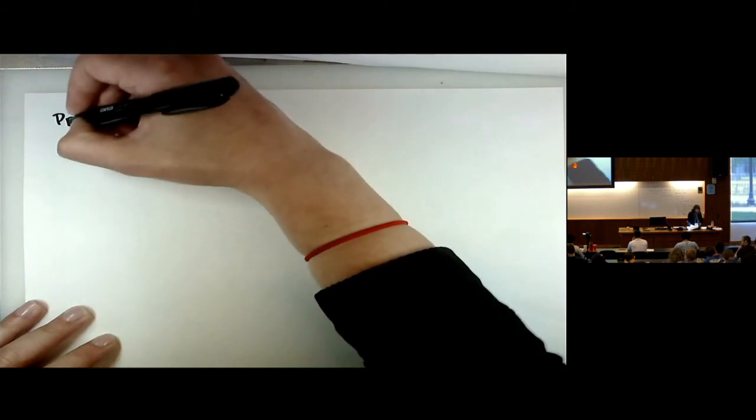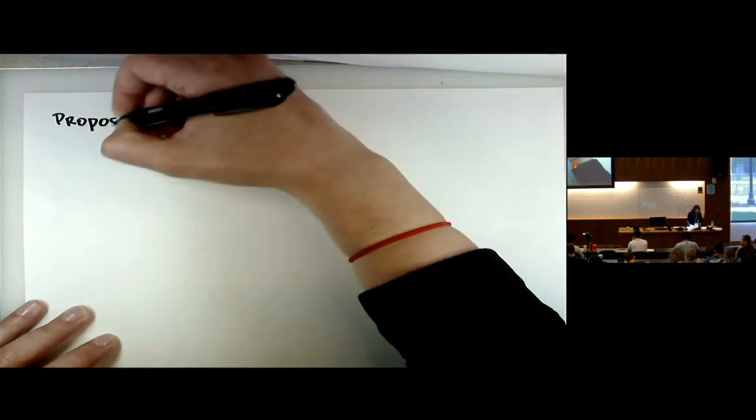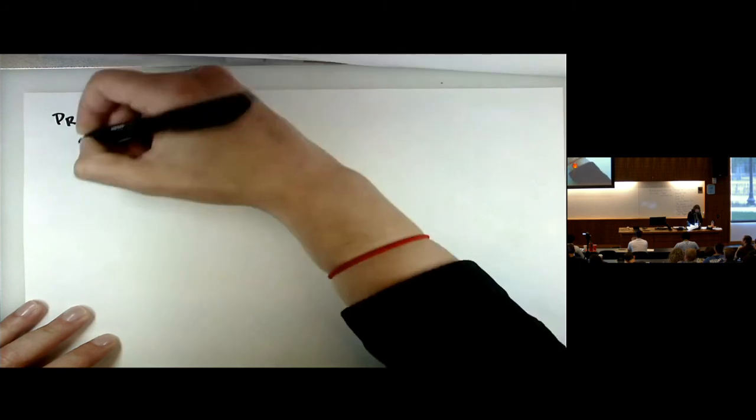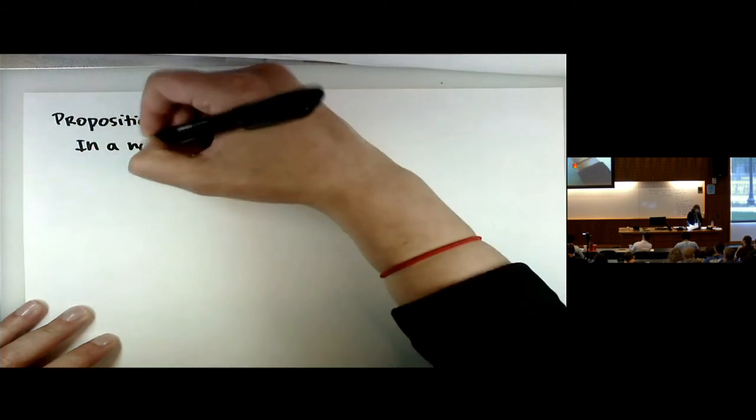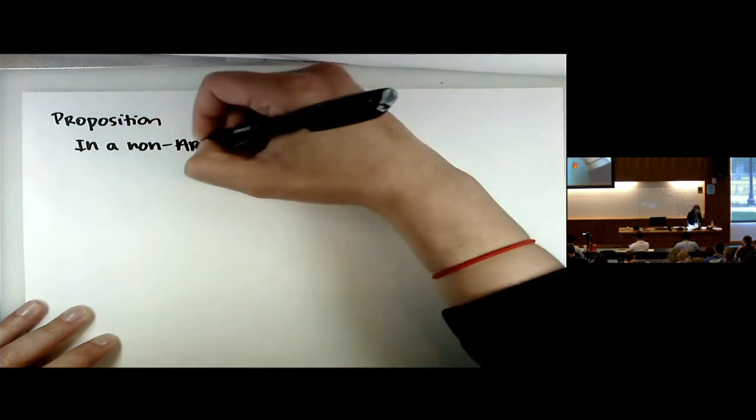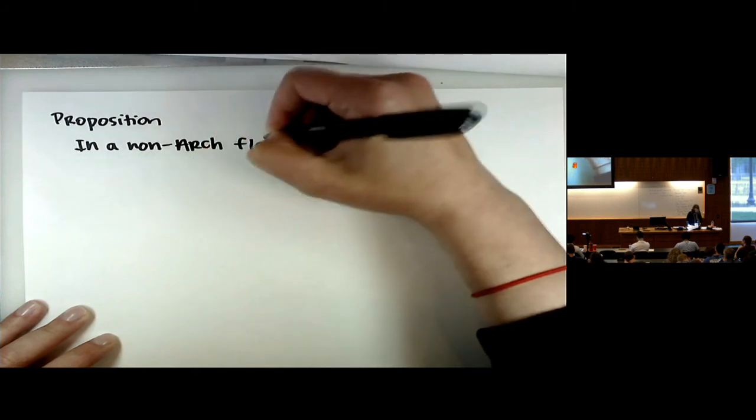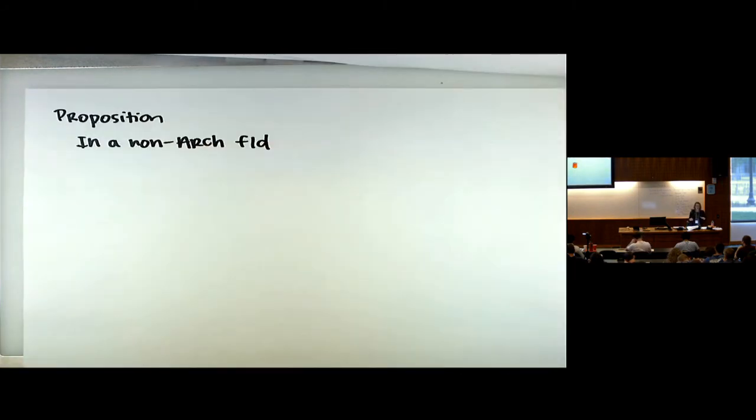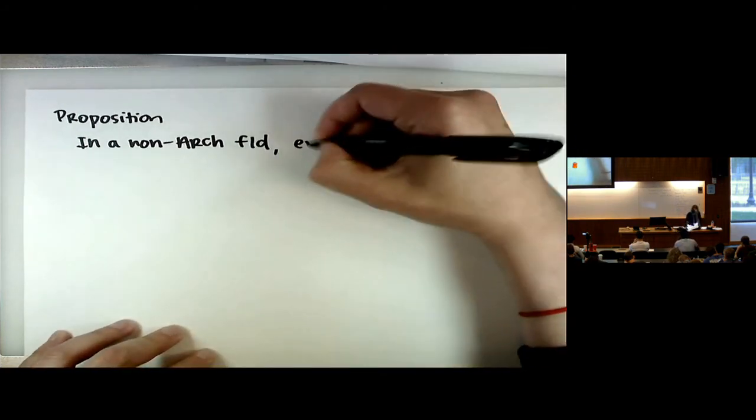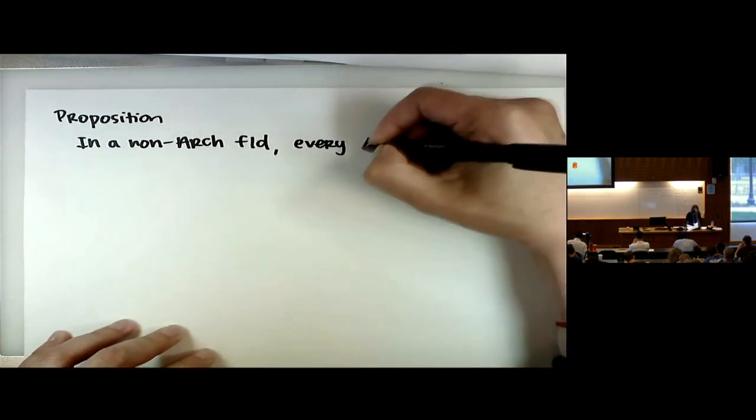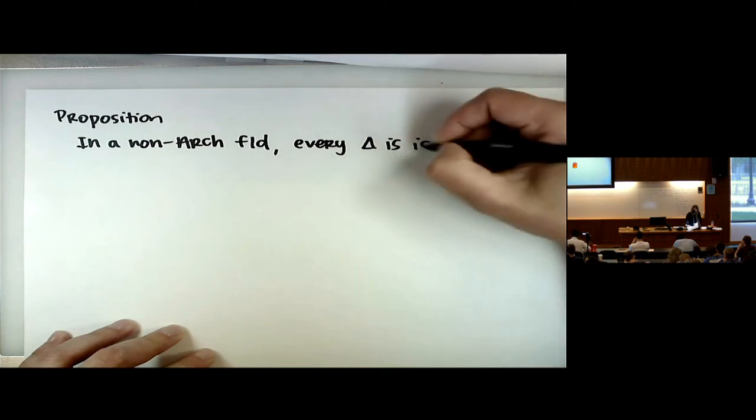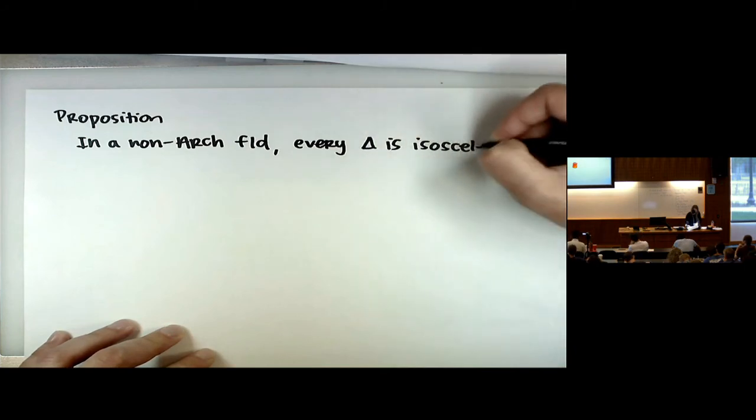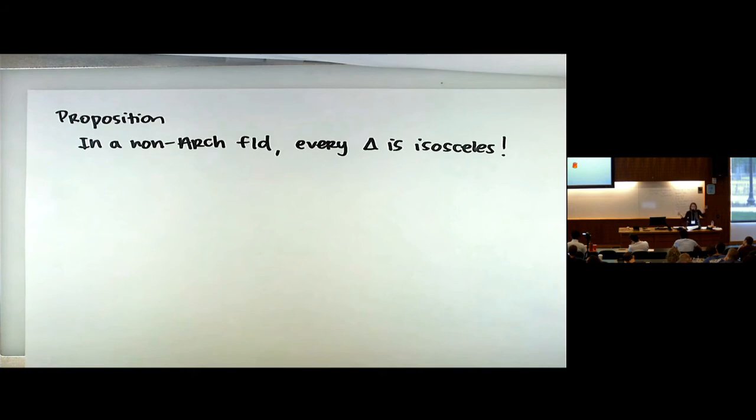Okay, so proposition: in a non-Archimedean field, right? And what do I mean by a non-Archimedean field? I mean a field equipped with a non-Archimedean absolute value. Okay. Every triangle is isosceles. No more fighting. Yeah. Okay,